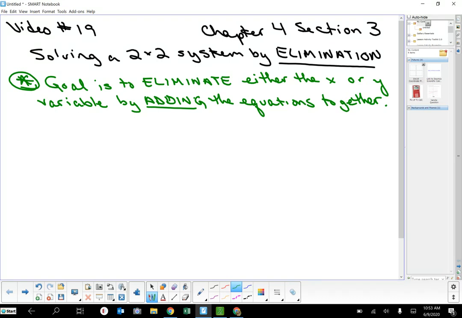Now, sometimes these problems are set up so that you can do that immediately. And here's what I mean by that. The first example that we're going to see